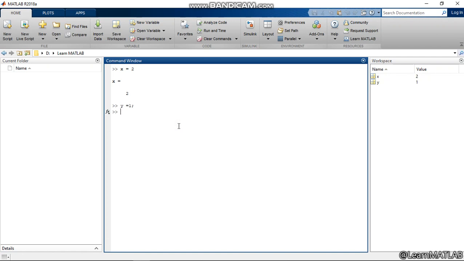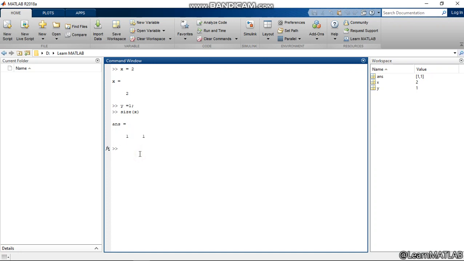So when I give you the value x equals 2, that means it has a matrix and the matrix has a value of 2. If I check the size of my variable x, it will say 1 by 1, because it is a matrix of one row and one column, and it has a value of 2.